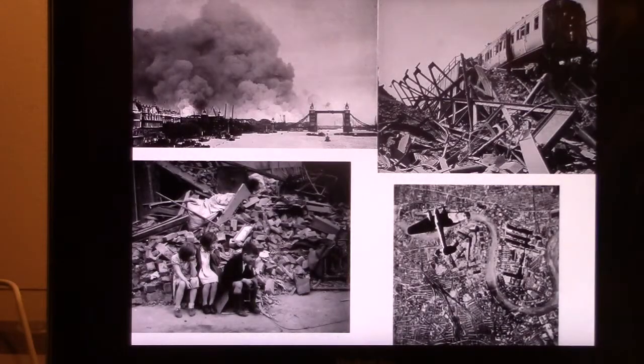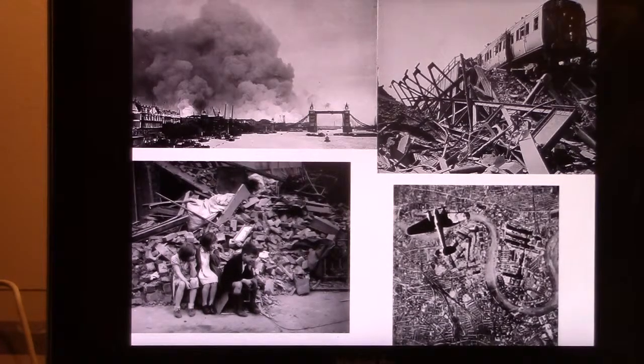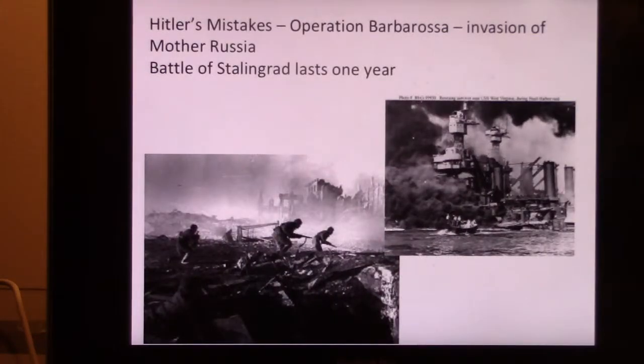People actually went out and watched the dogfights going on in the sky during this great day. London does suffer terribly. You see trains blowing up. You see here is the Tower Bridge, little kids, homeless by their house. And when Coventry was bombed and another quarter, the Jewish quarter, the German pilots said that they didn't know what city they were over. Well, please, a big city with a landmark like the Thames River, they knew exactly where they were. Hitler will make a big mistake by attacking Russia, and that is the next